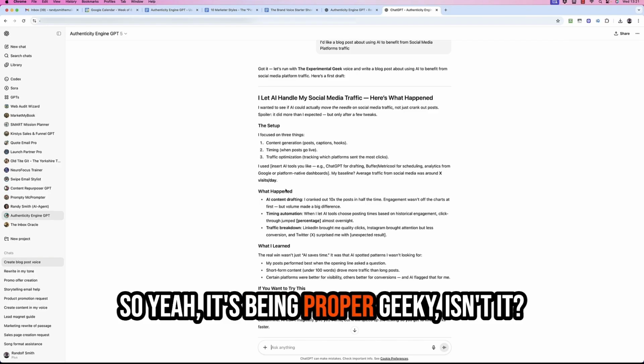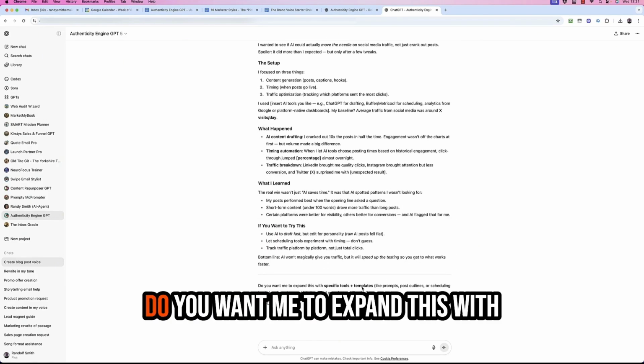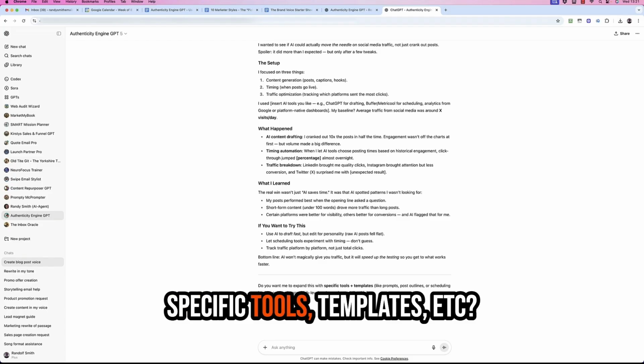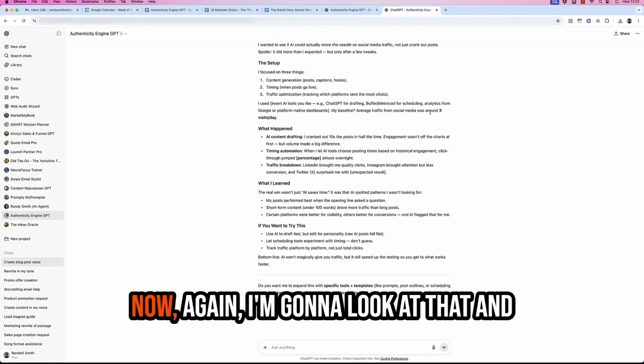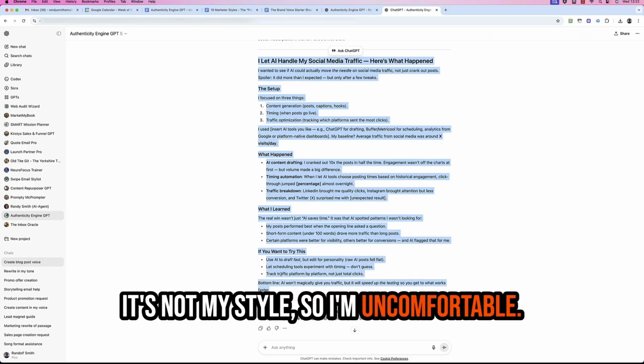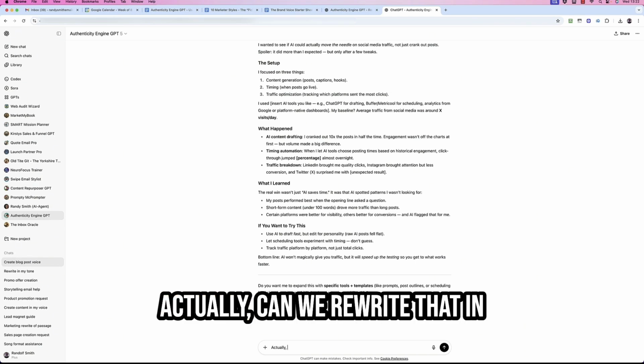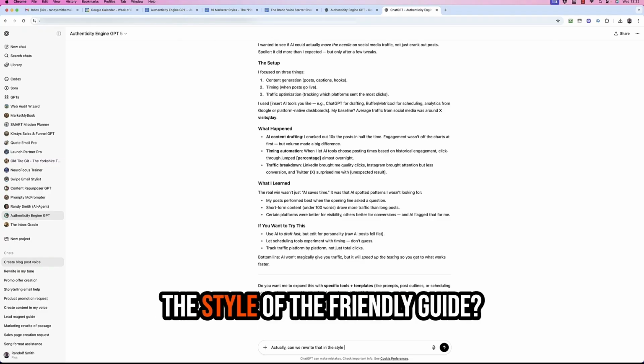Right, I see. So, yeah, it is being proper geeky, isn't it? You know, the setup, what happened, what I learned. Do you want me to expand this with specific tools, templates, etc.? Now, again, I'm going to look at that and say, that isn't a very long blog post. It's not my style, so I'm uncomfortable. It's not me. So what I'm going to do is go, actually, can we rewrite that in the style of the